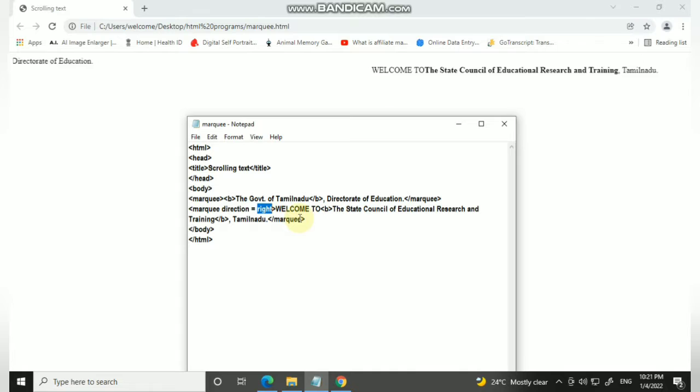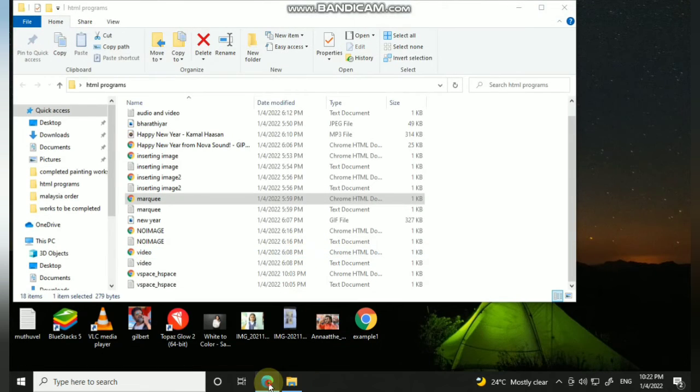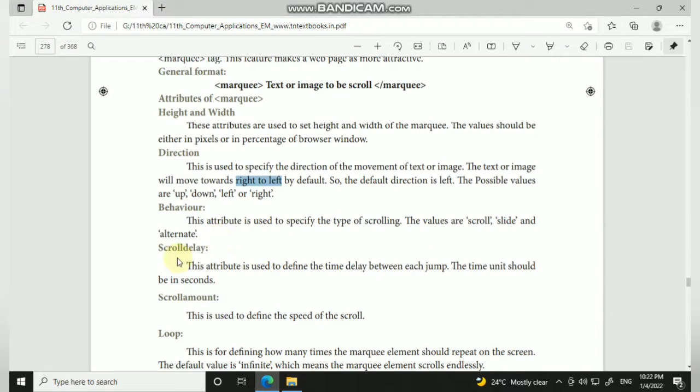Now can you understand, children? Yes. So this is the use of the marquee tag, and you have several attributes in it. You have scroll delay, and you have the height and width of the marquee tag. You can increase the height and width of the marquee tag. Scroll delay is nothing but, once the text completes its first round, that is from right to left or from left to right, when it should appear the second time, you can give it in the scroll delay attribute.